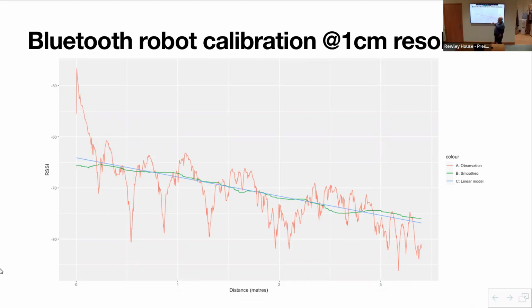And we figured out, MIT did a study where they put 2 phones at a fixed distance and took a signal strength reading over Bluetooth every minute. And they said, oh, you can't use Bluetooth for distance because it jumps around all the time. Well, if you sample something once a minute at 1 distance, how do you know that? So I said, let's not do that. Let's do it for many minutes and take thousands of readings at 1 centimeter resolution. This red line here is what Bluetooth does.